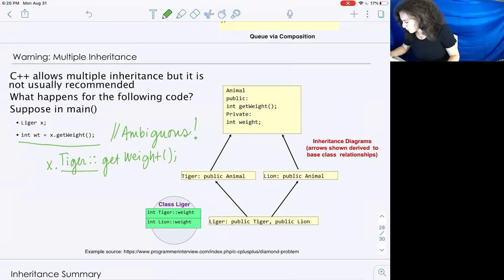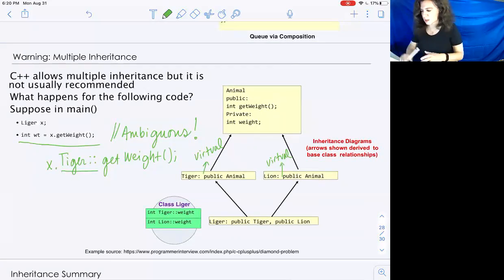Another solution is you can actually use the virtual keyword before the inheritance. And when you use the virtual keyword, the liger class will only have one weight. So these are two different ways around this problem, but the deeper takeaway is be judicious in multiple inheritance, that it's absolutely necessary, and that you are not creating this diamond of dread, as it is referred to. So this is an example of how multiple inheritance will not work very elegantly in C++ if it's not used judiciously. And that was also part of the warning about composition versus inheritance,